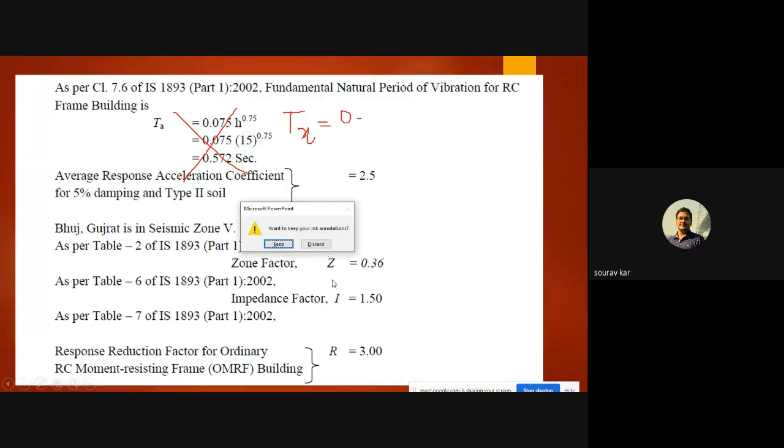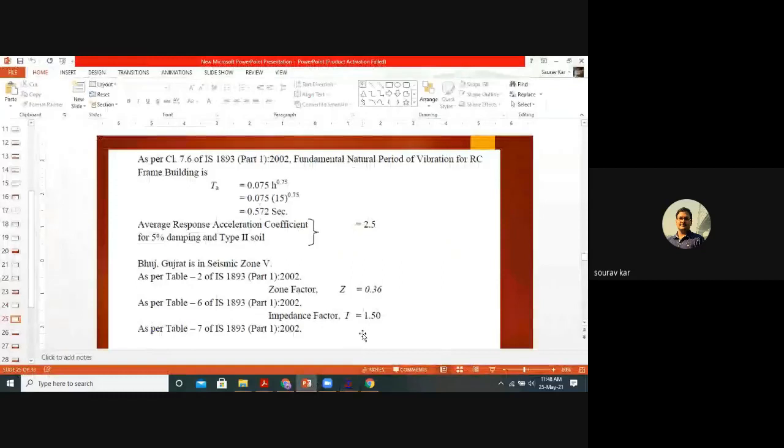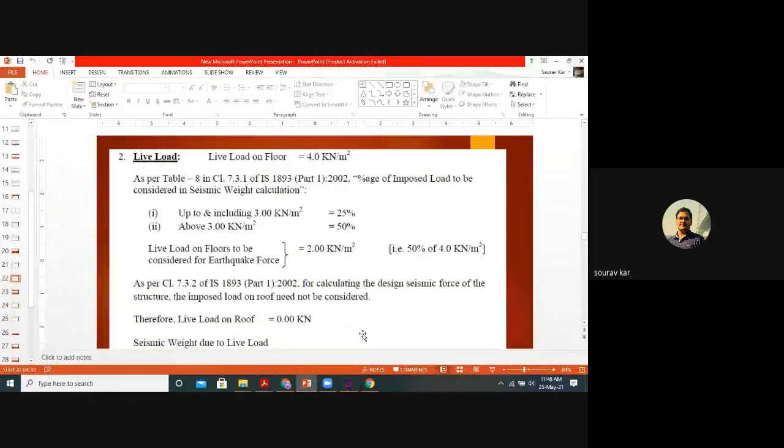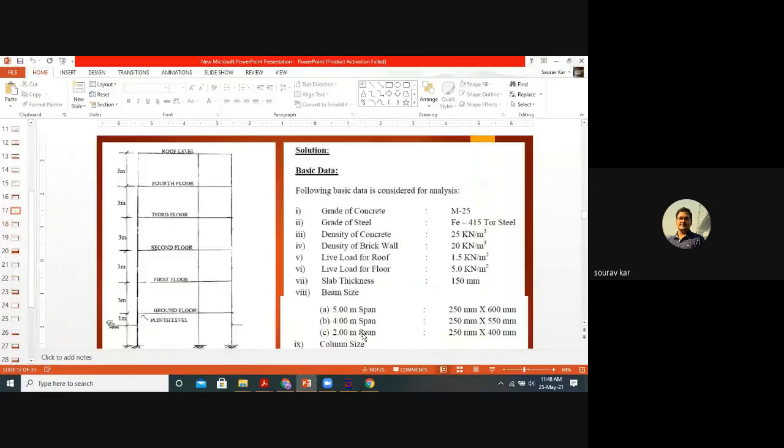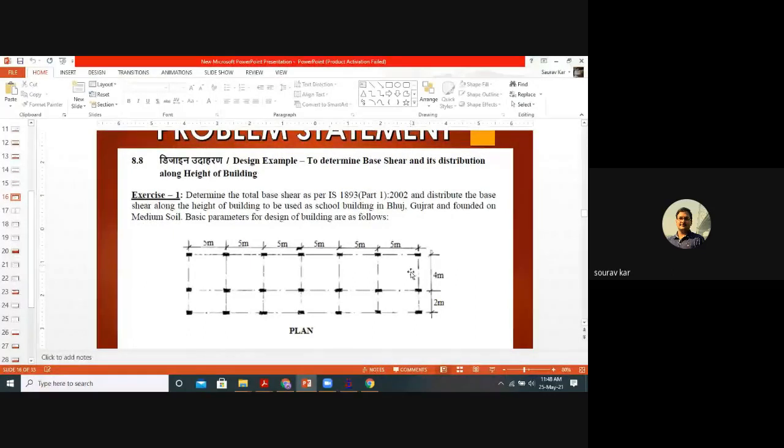Now let us come to the STAAD file. You can easily calculate. Along the x direction, if I show the plan, we have 30 meters. So what is the time period? Calculate the formula, Tx, the time period along the x direction.